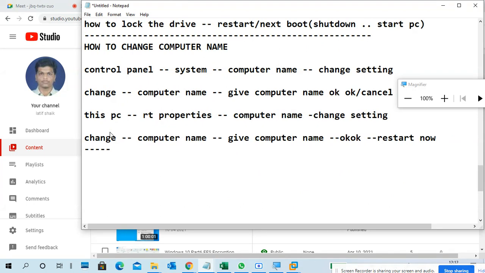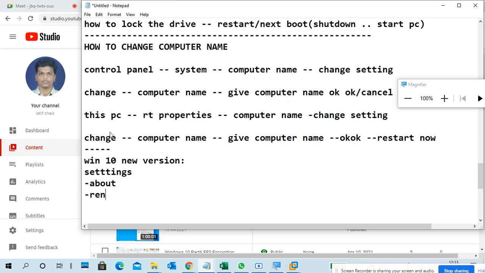What is the little bit of change in the new versions? In newer versions of Windows 10, you have to go to Settings, About.